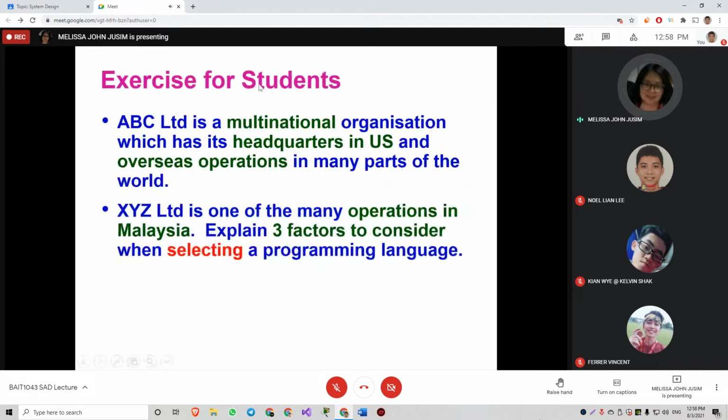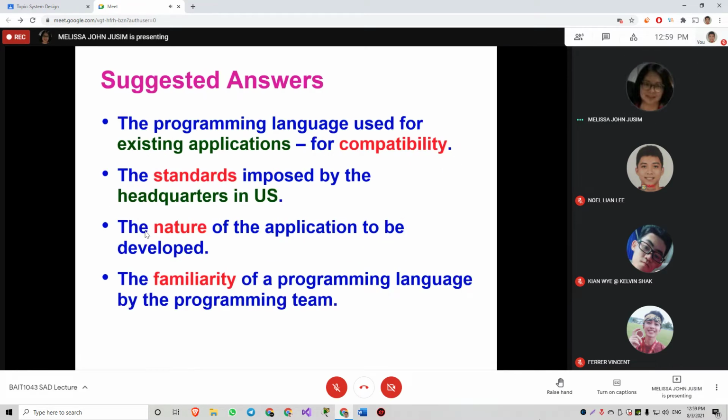ABC Limited is a multinational organization. HQ is in the US. They have overseas operations throughout the world, whereby XYZ Limited is their operation in Malaysia. Let's take a look at the answer. The first factor would be to consider using the same programming language as what has been used for their existing application.